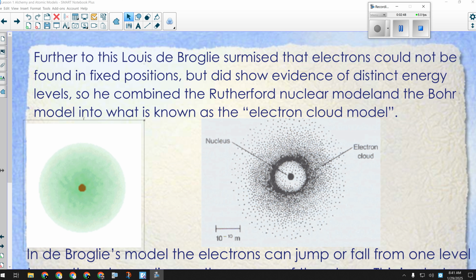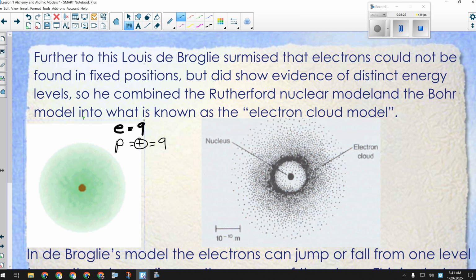How many protons in a fluorine atom? 9, because its atomic number is 9. 9 always tells us the number of protons and the number of electrons, because they have to be equal. They're oppositely charged, and an atom has no overall charge. So we know that the electrons, smaller marker, are going to be 9. And the protons, we'll just represent those with a positive circle. Those are also going to be 9.